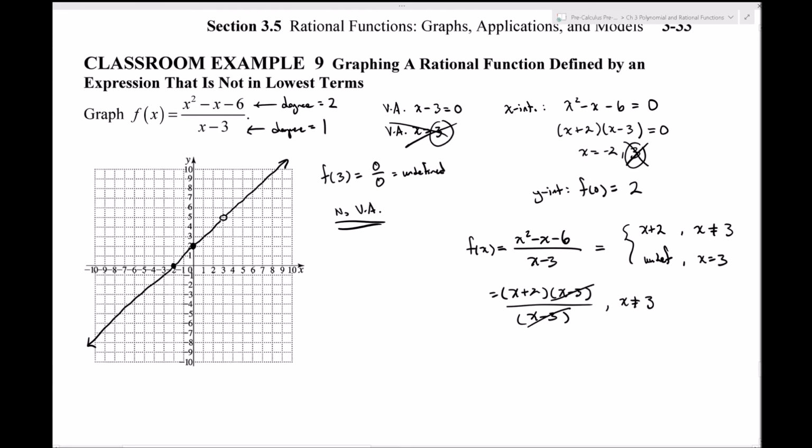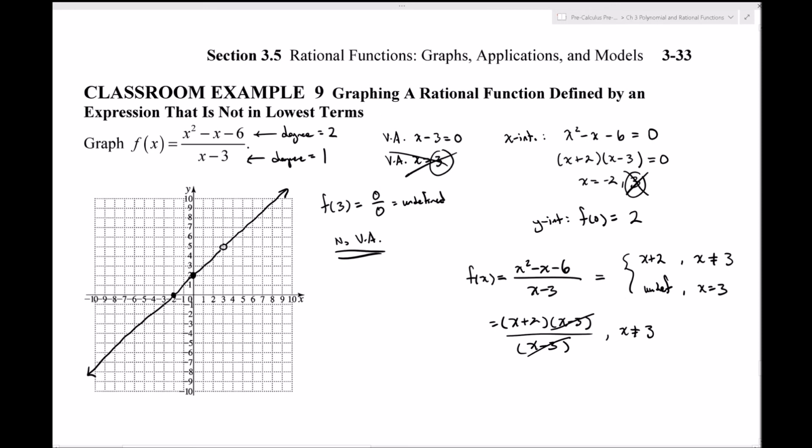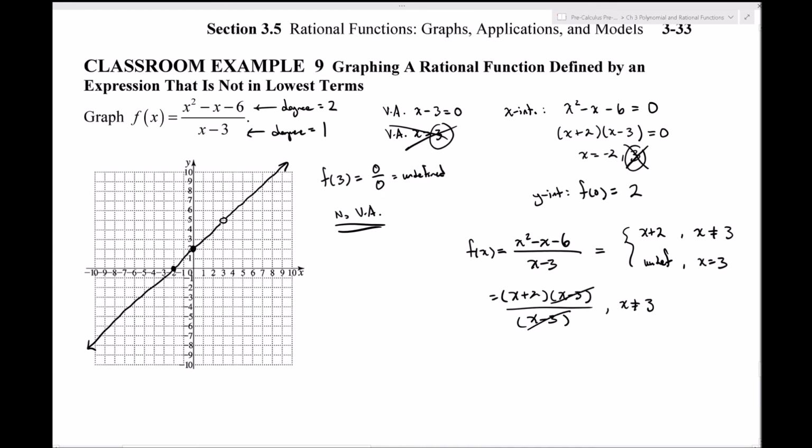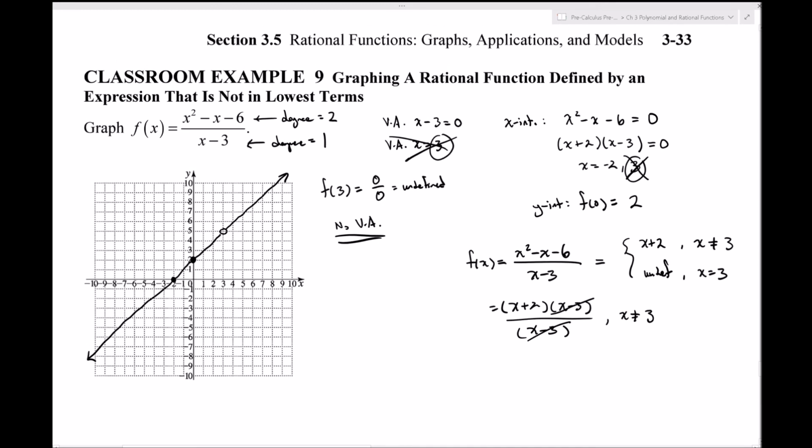So the takeaway here is that you'll have holes whenever the numerator and the denominator share a common factor. And because the only other factor that was left was linear, all I had to do at that point was draw a straight line. And that's going to be it for the notes for 3.5 rational functions,